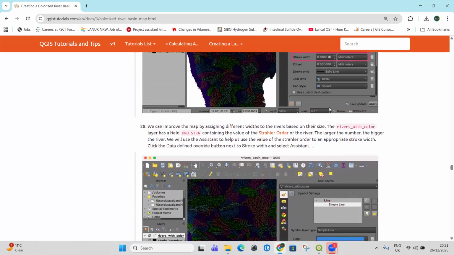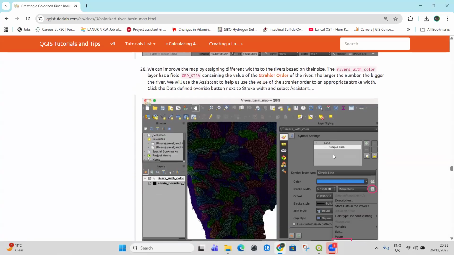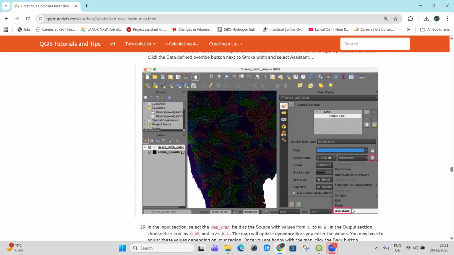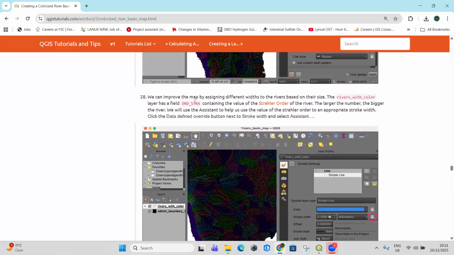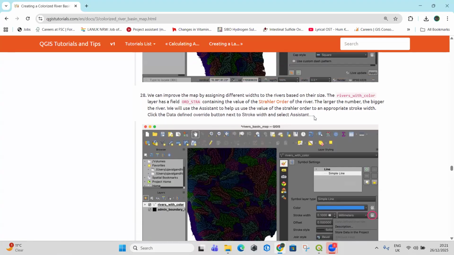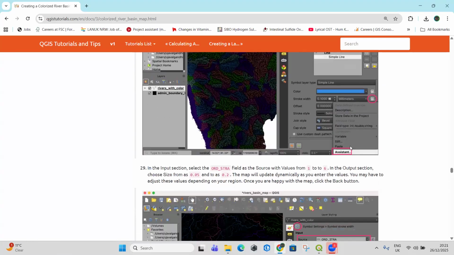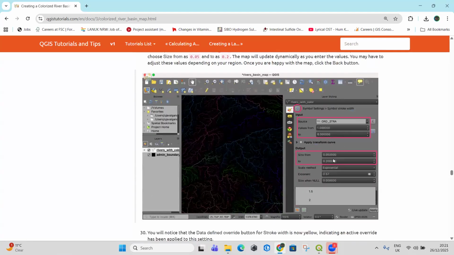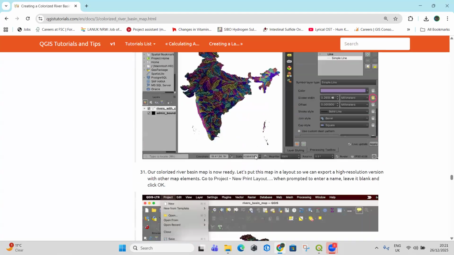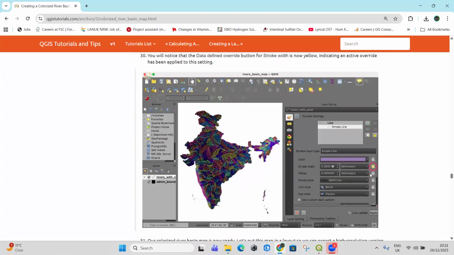Then you have to add an expression about the Strahler order. If you remember the Strahler order, there is a field based on the Strahler order in the river with color. Simply go to the assistant and in there select the Strahler order and the colors based on it. So size of the rivers. Okay. Then you should follow simply the